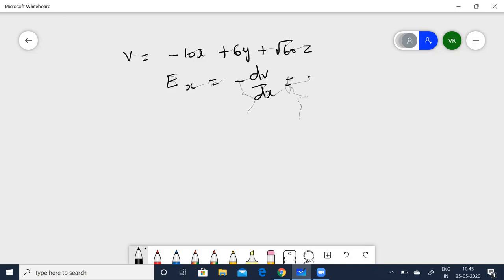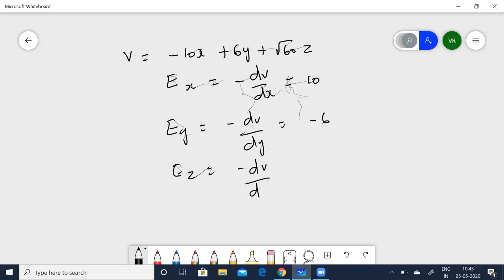Okay, this is now going to be 10. Minus of minus 10 will give you a plus 10. And then Ey. Now y is the variable, and x and z are going to be constant. So that is nothing but minus dV by dy, which is equal to minus 6. And Ez is again minus dV by dz, which is equal to minus root over 60. So the magnitude of E is now going to be,